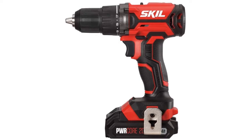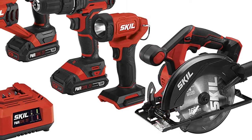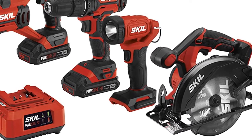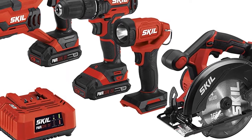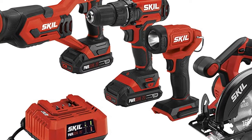The cordless driver comes with a high and low speed control setting for optimal control. You can switch quickly between bits with the keyless, 1/2-inch chuck. Also, when you use the reciprocating saw, you can use the rotating blade clamp and the tool-less blade exchange system to quickly switch the blade out for a new one whenever yours dulls, breaks, or just isn't the right blade